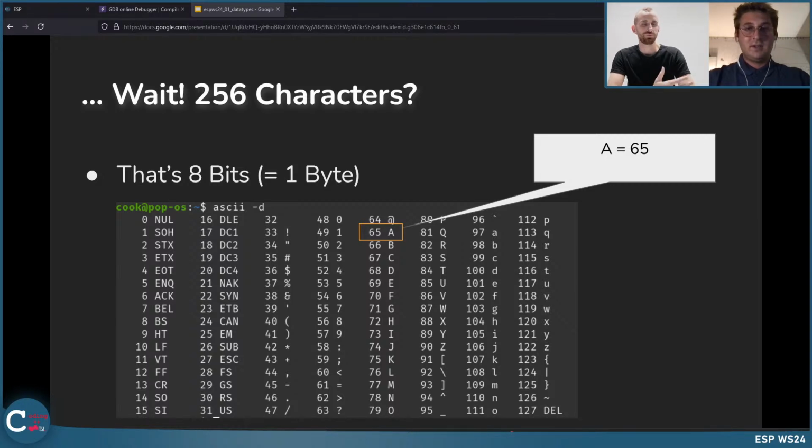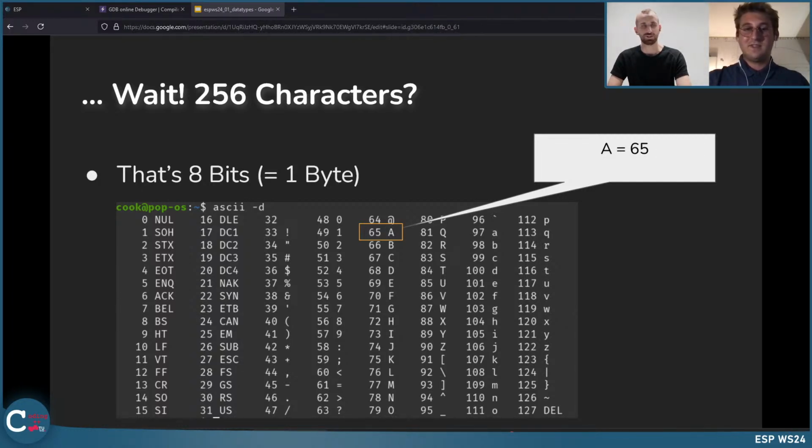So a computer cannot really hold characters, it holds values, and we can interpret these values as characters. Exactly, it's really like a translation between us as humans or as programmers and the computer. So it works like a translation between these two languages, so to speak.